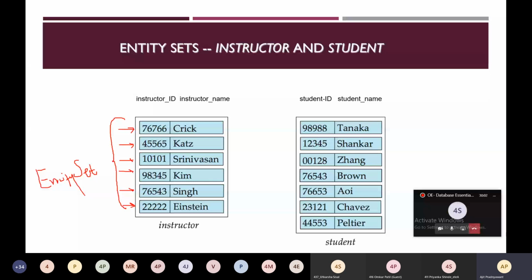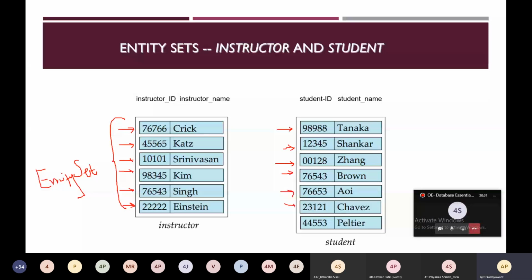This is the next entity. This is our next entity. This is the next, and this is the next. All these are present in the table student. This is the set, it is of type entity set.